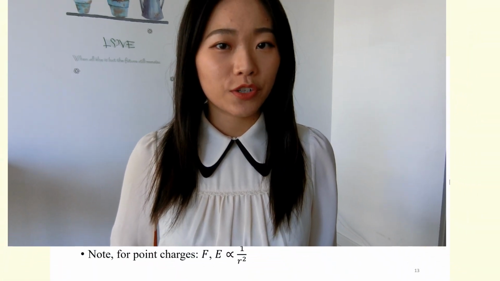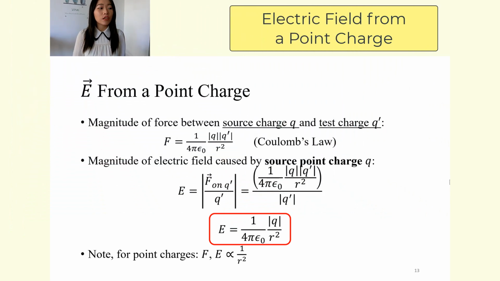In this lecture, let's look at the electric field formed from a point charge. We know that from Coulomb's law, the magnitude of force between source charge and test charge is as follows. It is 1 over 4 pi epsilon naught, or this entire constant also equals Coulomb's constant, times the magnitude of the source charge times the magnitude of the test charge divided by the distance separating the source and the test charges squared. Then, using what we learned from the previous lecture, the magnitude of electric field caused by the source charge, Q,